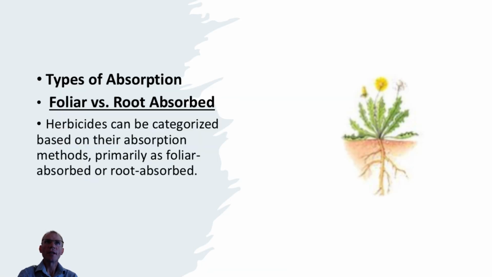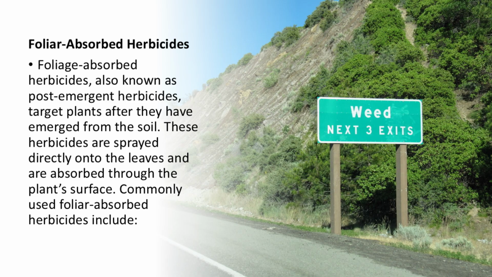Types of absorption. Foliar versus root absorbed. Herbicides can be categorized based on their absorption methods, primarily as foliar absorbed or root absorbed. Foliar absorbed herbicides. Foliage-absorbed herbicides, also known as post-emergent herbicides, target plants after they have emerged from the soil. These herbicides are sprayed directly onto leaves and absorbed through the plant surface. Commonly used foliar-absorbed herbicides include